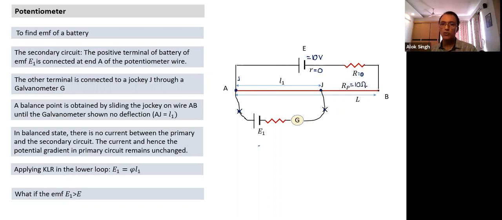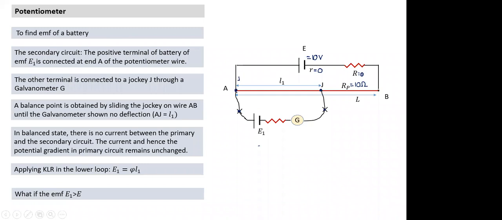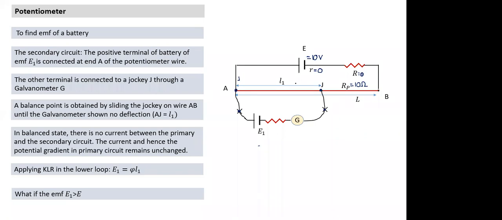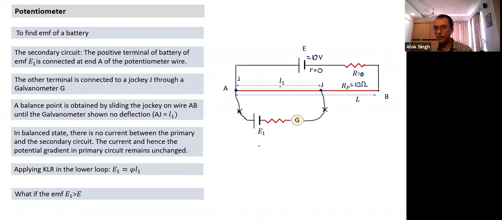So what is the potential difference between A and B, Pranav? The internal resistance of the battery is 0 and this external resistance also is 0. The resistance of the potentiometer is 10 ohms. What is the potential difference between points A and B in this case? Karthikeya, can you tell me? What is the potential difference between A and B in this kind of setup? 10 volts. So in this case, the potential difference will be 10 volts.